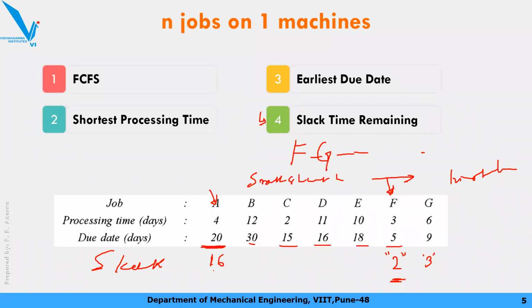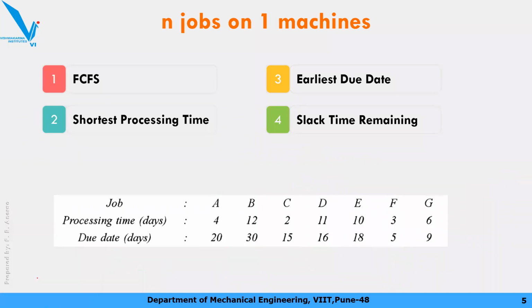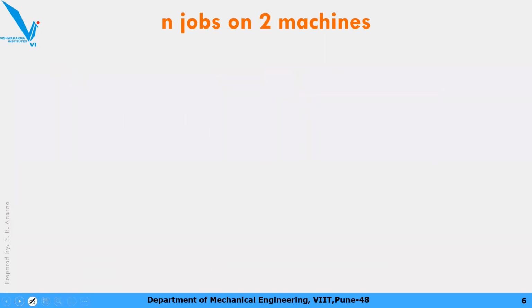From smaller to larger. But rarely we get a question on n jobs on one machine because this is very easy. Generally we get a question on the second criteria, that is n jobs on two machines. Okay, so instead of elaborating this concept, the methodology of solving a numerical of sequencing model with n jobs, n number of jobs, and we need to process it on only two machines.